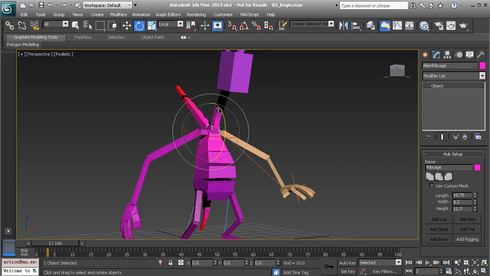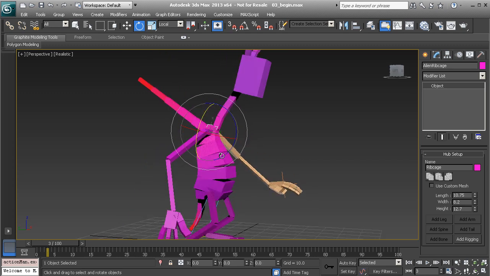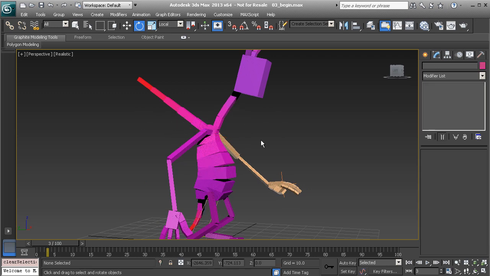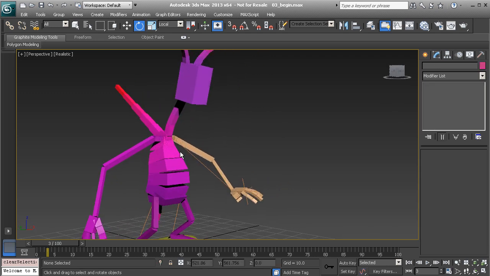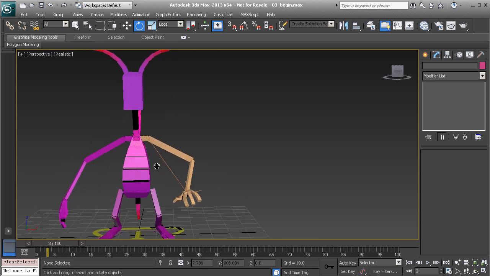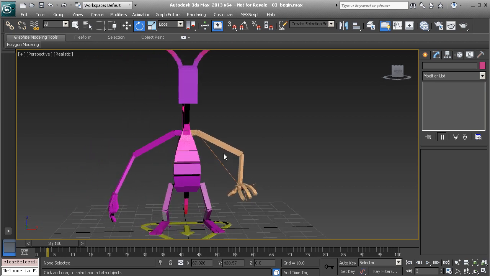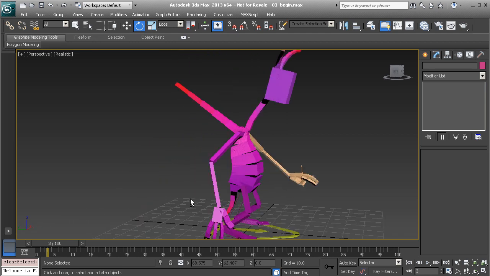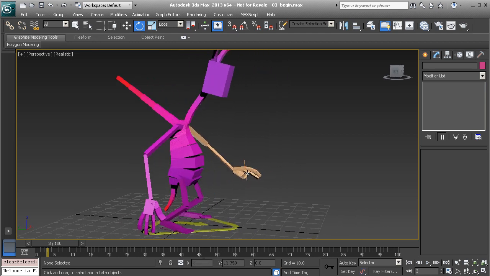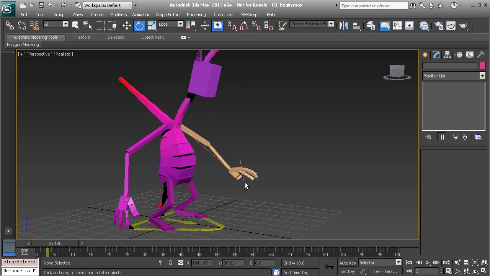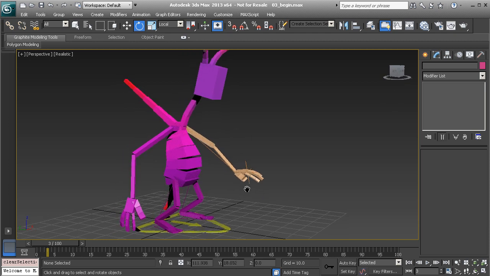So those are a few things I just wanted to point out to you about the IK-FK system that is integrated into CAT. So later on, we'll take a look at how to animate between the two modes when we're ready to animate the arms, let's say, resting on a surface where we'd want them to stay. But before that, maybe we want an FK type of behavior. So we'll learn how to switch between the two. All right, but as of right now, that is it